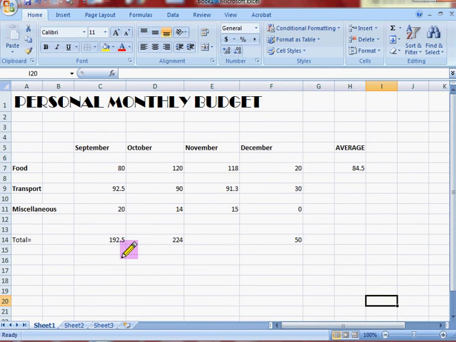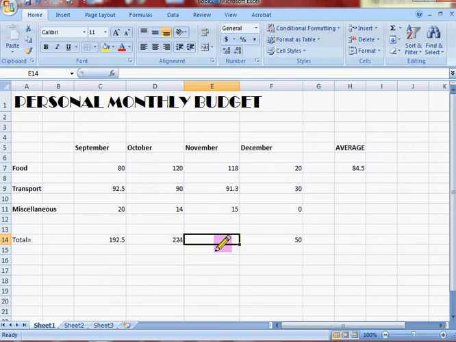How to calculate things. Okay, what I've got here is the food, transport and miscellaneous accounts for the months of September through December. I've got the total of September, October and December, so now we'll look at how to count for the month of November. Okay, the first way is to personally use a calculator and slowly do it. Okay, but Excel counts it all for you, so just make use of it.